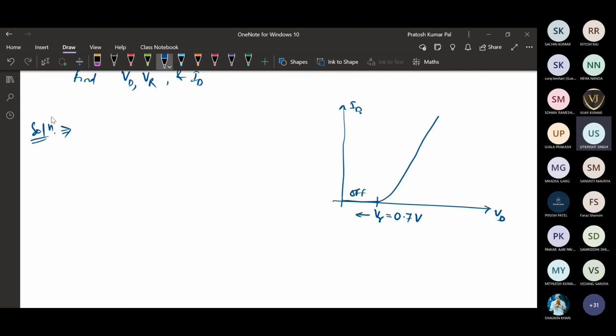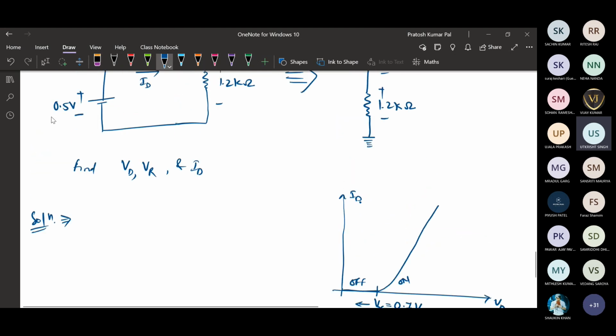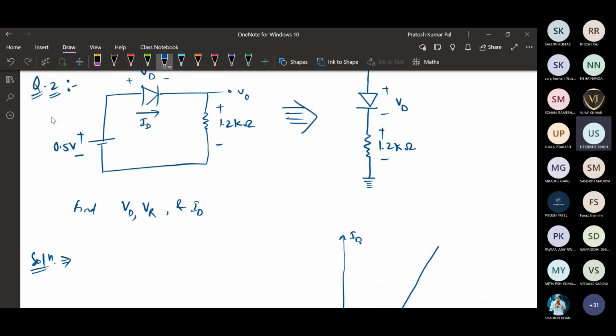It is in forward bias, but it will be in off state. When we apply VD, that is the voltage across the diode, greater than 0.7 volt, then the diode will be considered as on. Okay, so in this case, it is in forward bias, but the diode will not be on because the applied